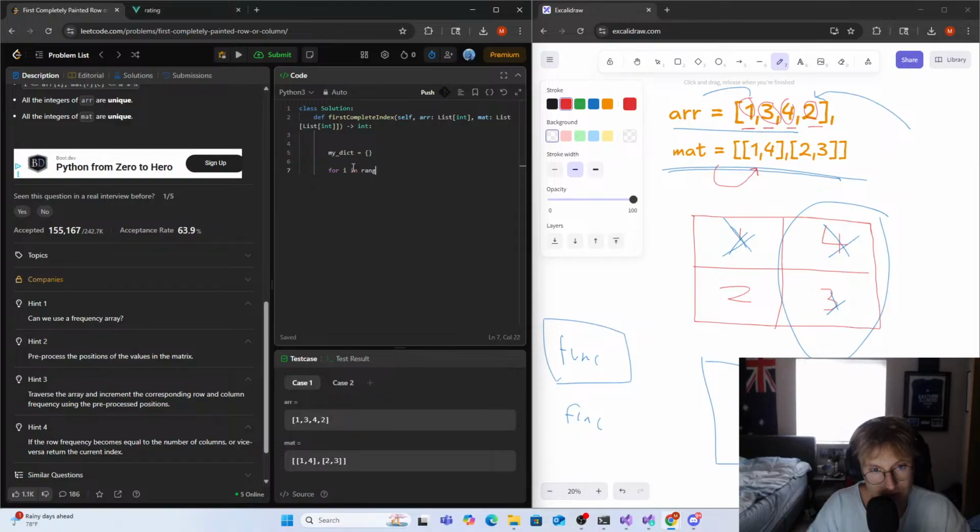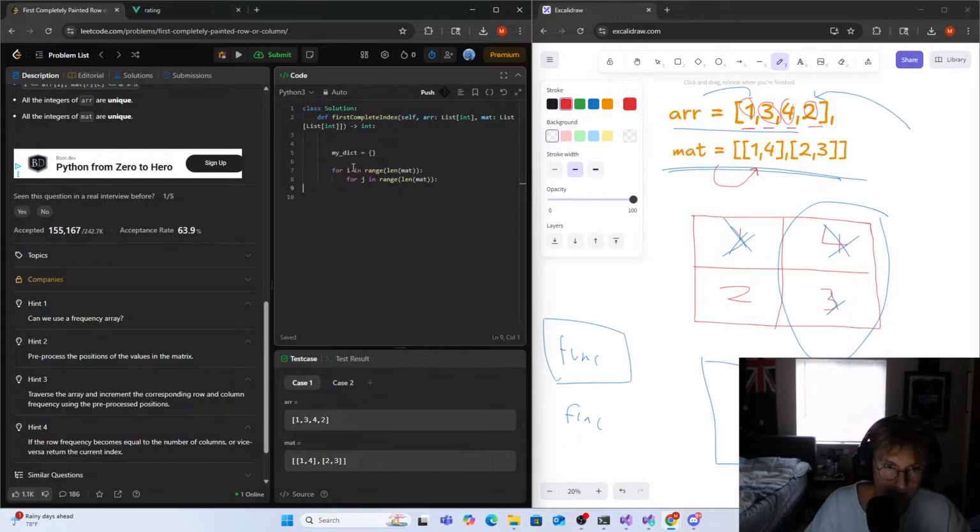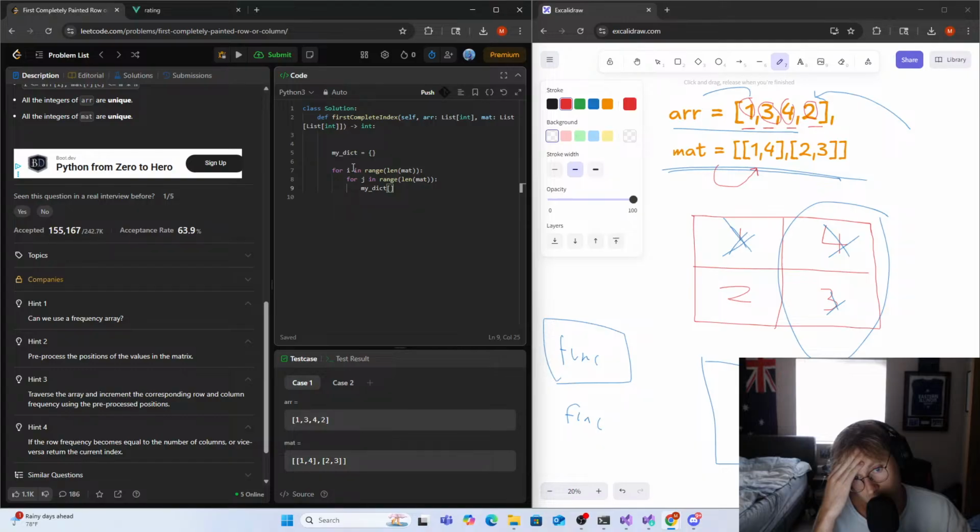So if we were to loop through this array, the length of mat, we go for j in range length of mat. Inside of our dictionary, we would store the dictionary. Let's store the actual number as a key. So mat